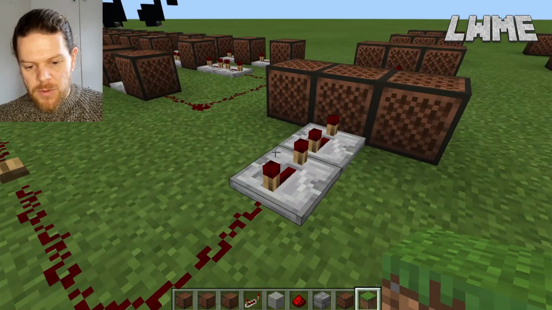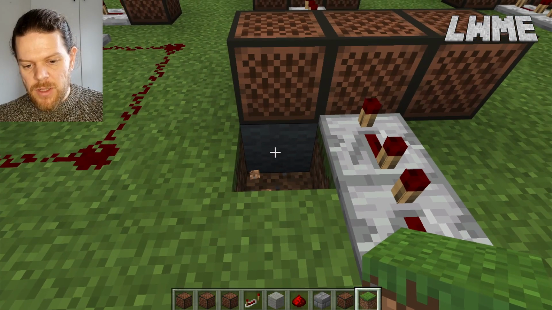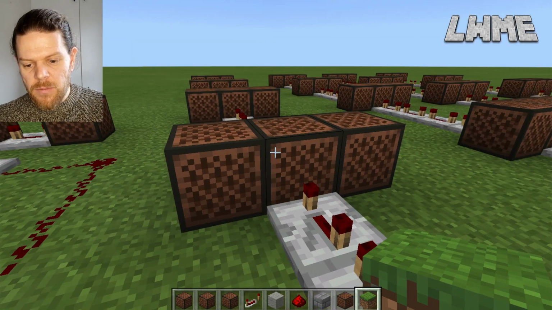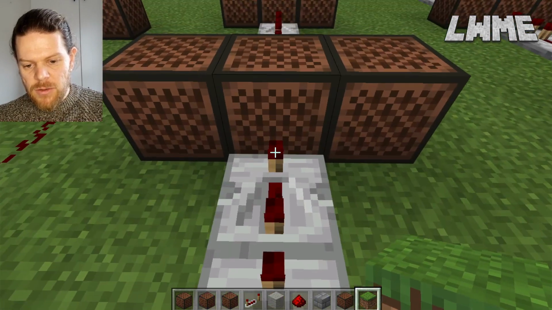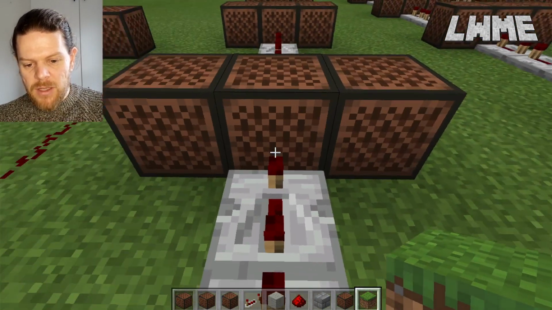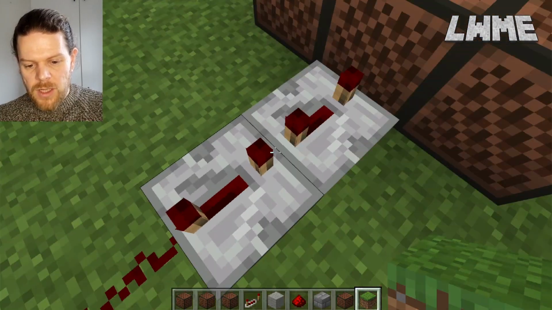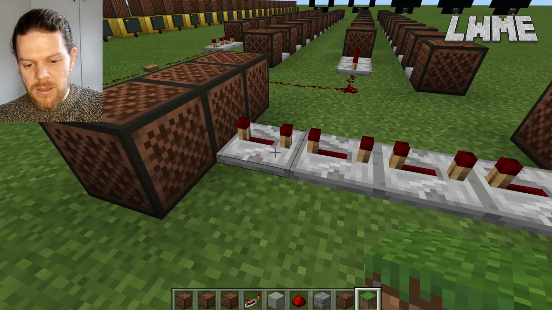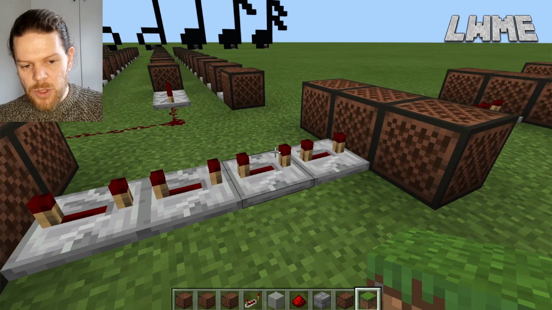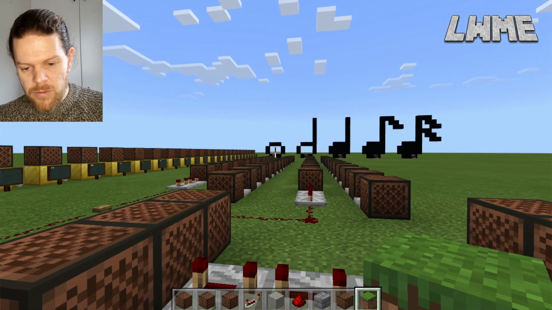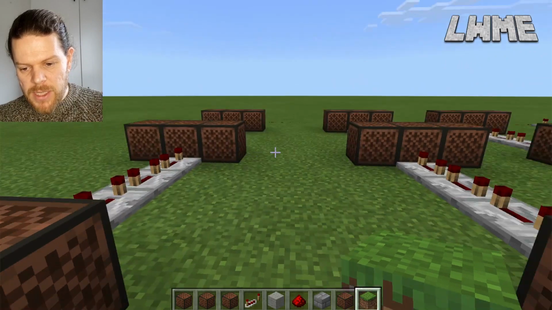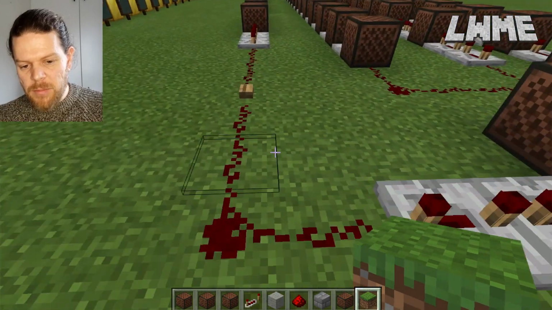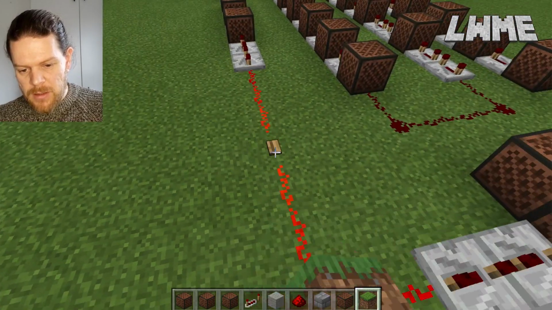Now what we have over here is the rhythm, so this is quite important. This is a different type of note, on a wool block, and that will give us the sound of a guitar when it is activated. It's worth noting that the redstone signal comes in here, but it will activate all these 3 note blocks at once, and between each one we've got 4 redstone repeaters, each set to their maximum setting, which, as I'm sure you'll remember from over there, will give us a semibreve between each one. So what this essentially is, is a chord coming in on the first beat of every bar. So let's take a look at that.